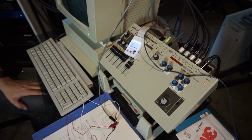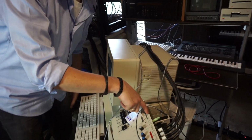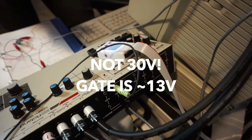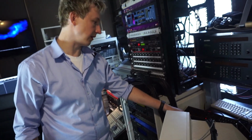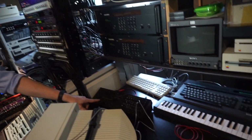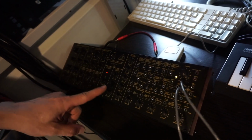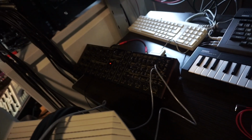The first trick that you need to remember is what instrument you interface it to, and what the voltage levels and voltage specifications of these instruments are. So first of all, be aware that all the CV gates that you have here operate at about 30 volt. It's a trigger, and it's a V-trig. I'm currently running it with my Behringer K2, which is basically a reproduction of a Korg, and it's S-trigger specification. So while I can directly connect the CV voltages between these two, no problems at all,